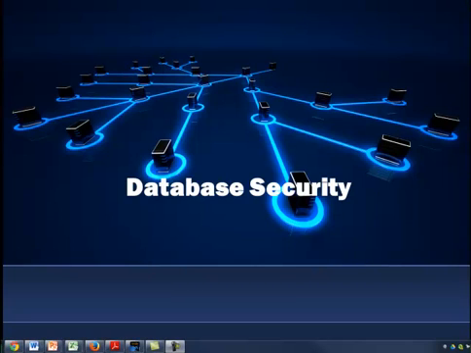All right, so let's talk a little bit about database security. I have to apologize right up front for taking a little longer than I anticipated on getting this out, but here it is. We're going to run through some basic concepts as they relate to database security,